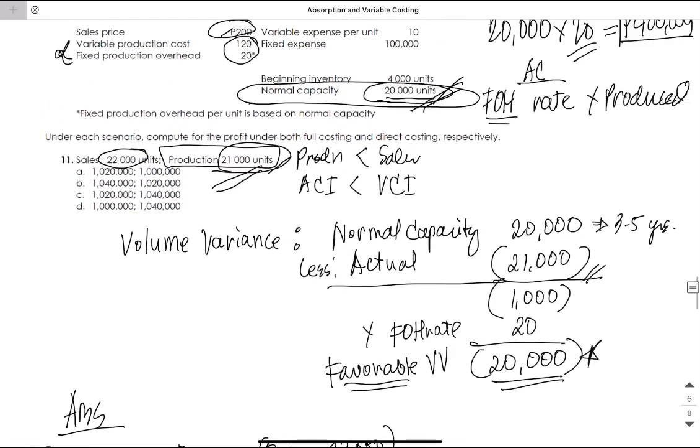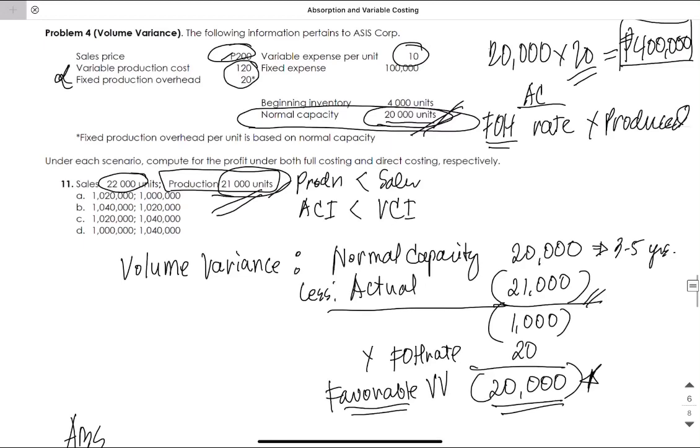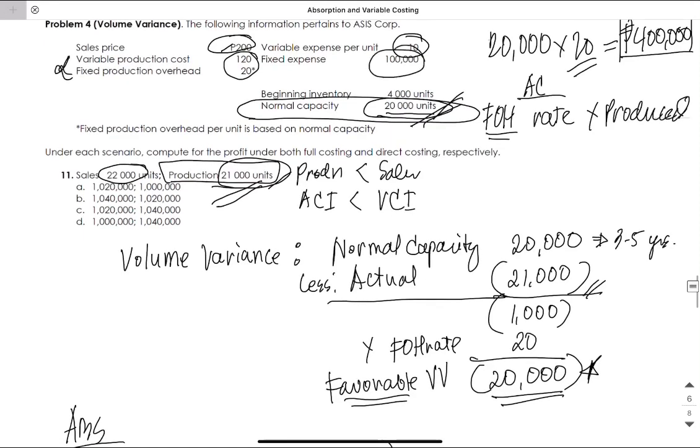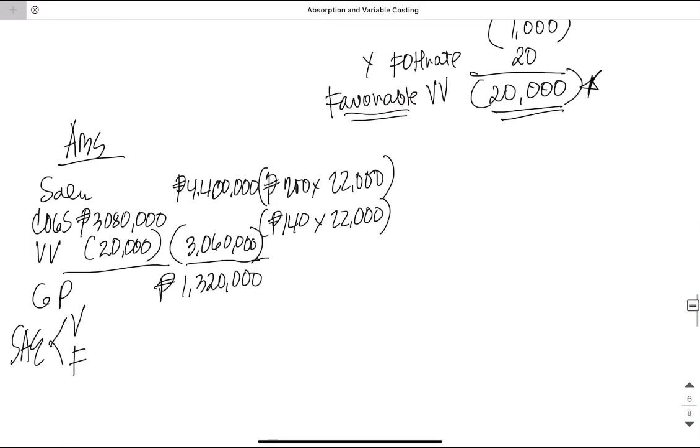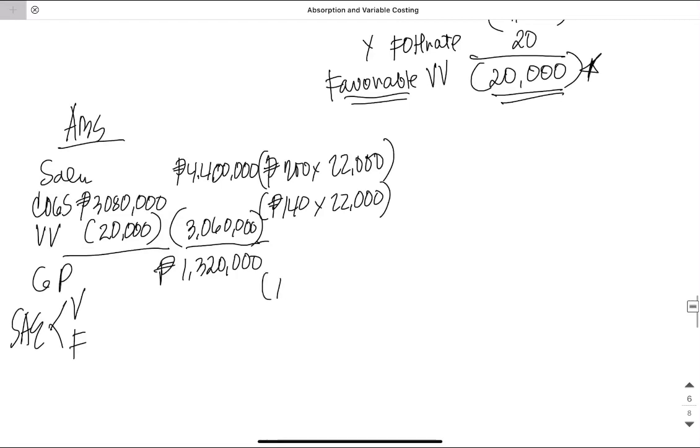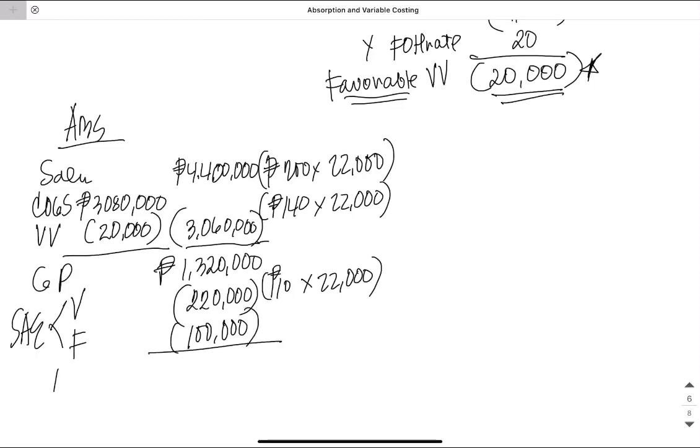Our variable expense per unit is 10, and then fixed expense is 100,000. So 10 times 22,000, this is 220, while your fixed selling expense amounted to 100,000. So this is your net income